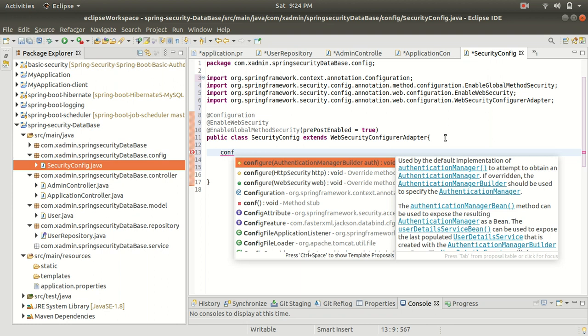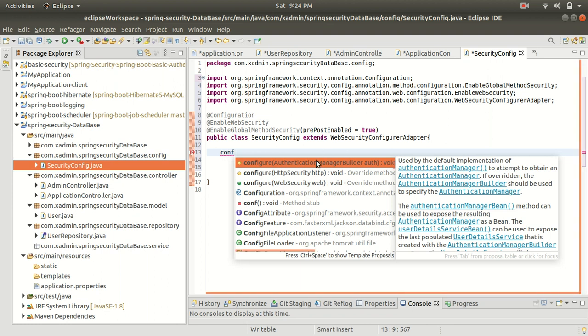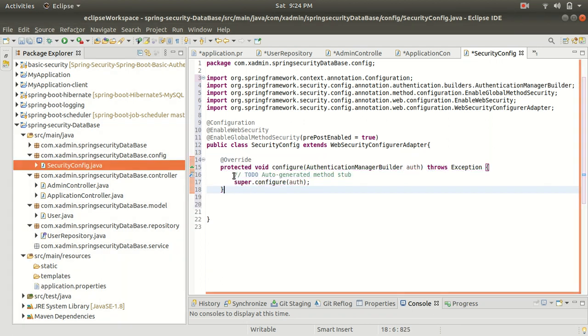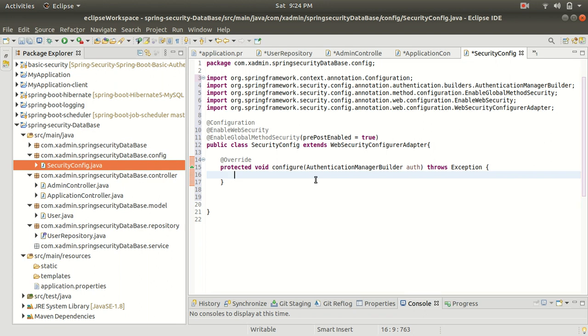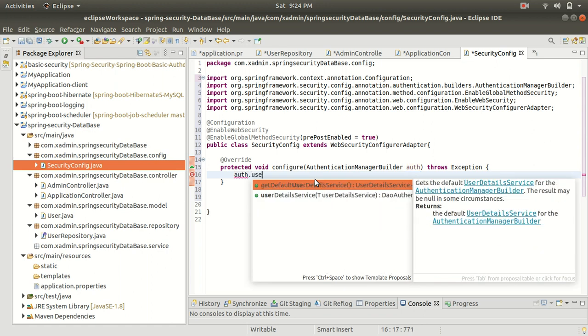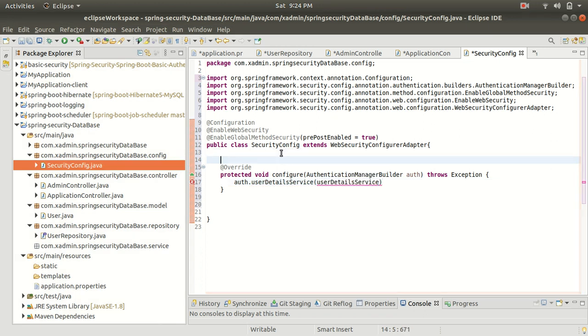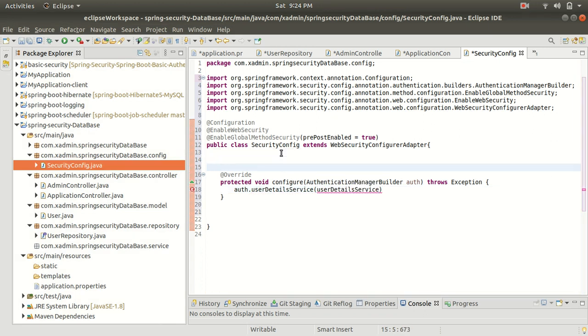So guys, I am going to override the configure method with the parameter AuthenticationManagerBuilder auth. So let's remove the auto generated things. And guys, inside this I am going to call the password encoder. So auth dot userDetailsService. Alright. In this guys, and now guys, I am going to inject the user detail service here.